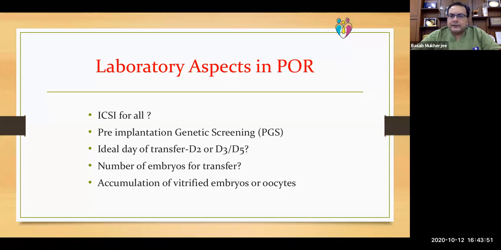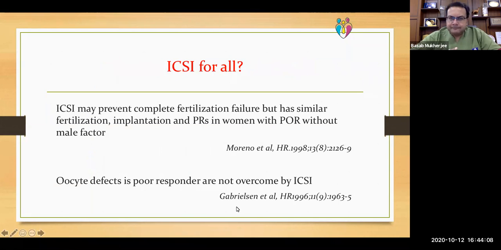So can you check the better ones and then put them in? Ideal time of transfer: all freeze, whether to continue with the all freeze policy or not. Number of embryos for transfer: how many would you like to put in depending on the age, and accumulation of vitrified embryos or oocytes. ICSI for all: